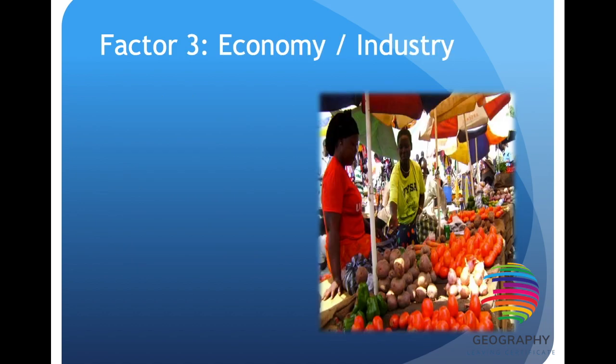Factor number 3 is the type of economy or industry that Sudan has. Its population is mostly rural, so there's very few cities or centres of population. Centres of population are a very good thing to have because it makes it cheaper for companies or services to be provided. So imagine how cheap it would be just to put one post office in the middle of Dublin,